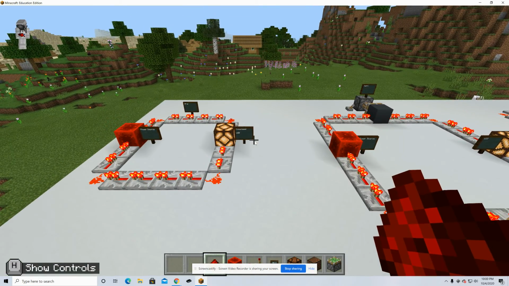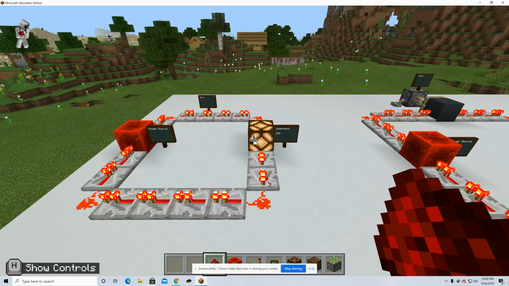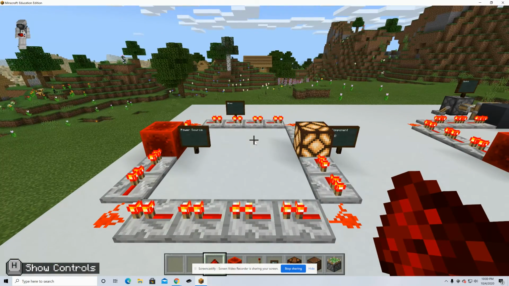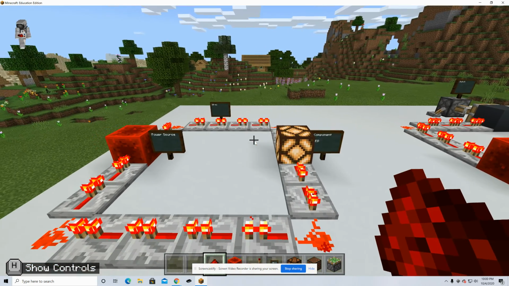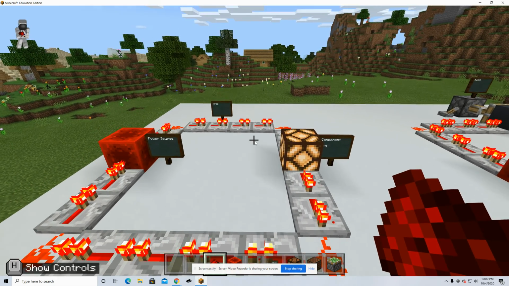So, welcome, guys. Today, for our STEM day, we're going to be learning about circuits, and we're going to be learning it with Minecraft Education Edition. So, circuits are pretty much what allow us to power our electronic devices. Electronic devices, anything from your phone to your TV remote to a flashlight to your microwave, they all use